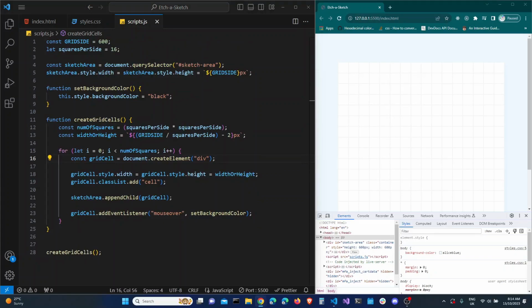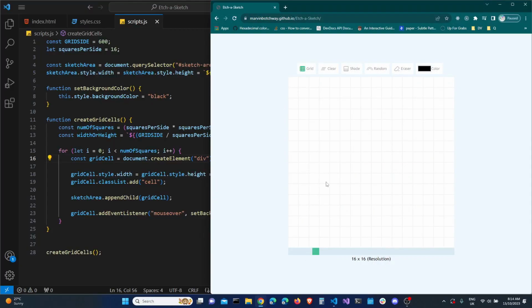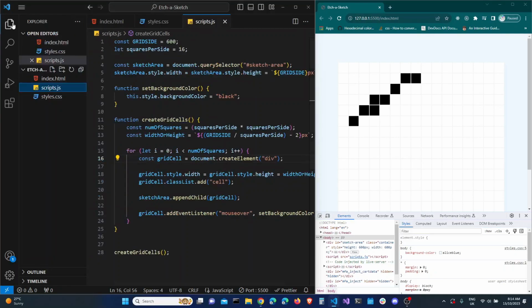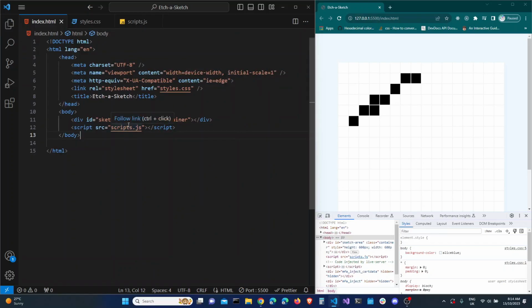Okay, so the next thing we are going to do is add that slider, let me open this up again, this slider over here that we use to change the resolution. So to do that, we are going to move into our index.html, and in our index.html we'll add a div